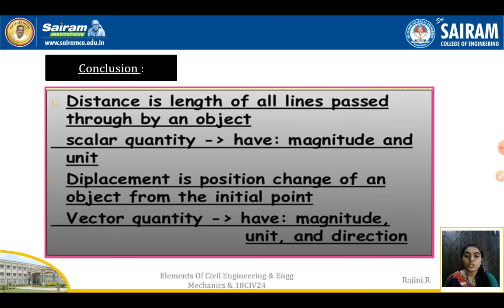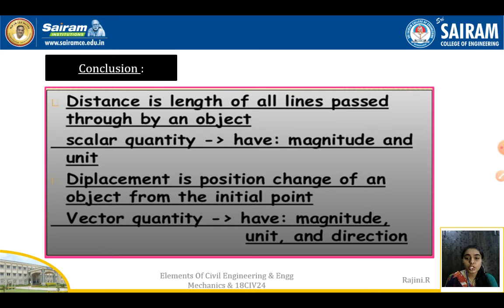Okay, the conclusion is distance is the length of all lines passed through by the object. It comes under scalar quantity, and in scalar quantity, we all know it has magnitude. Okay, and the displacement